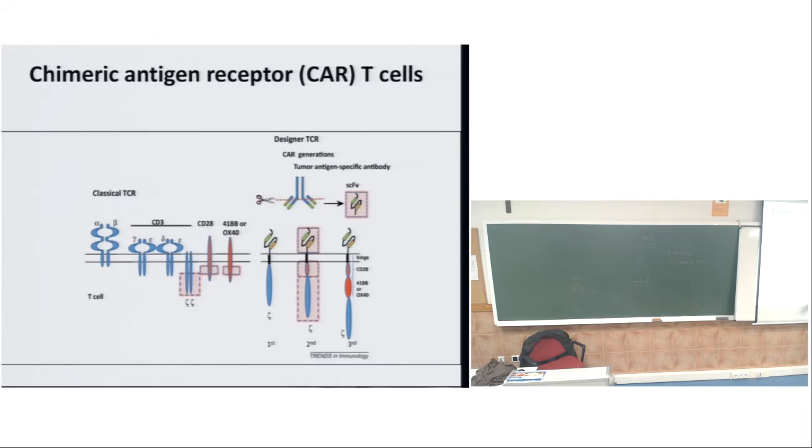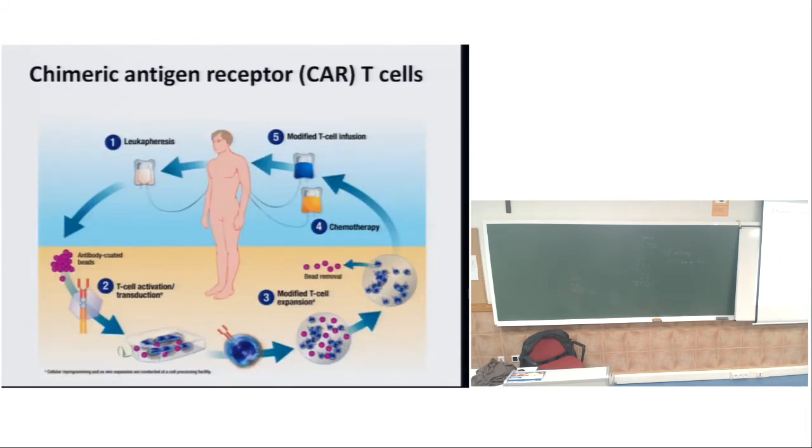As I said, the process is quite complex, and it can't be done in any hospital. It requires specific facilities to first take the leukocytes from the patient, isolate the T cells, and then treat these T cells with this non-lytic virus. It's non-lytic, of course. And these cells will express the receptor, be enriched and expanded to have as many as possible, and then be injected again into the patient along with chemotherapy.